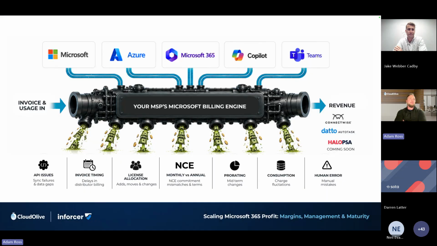So the engine itself: at the top, you've got the various different services, and of course AI Copilot being on everybody's mind in some capacity. Everyone's using it. And then down the bottom is the stuff that can go wrong, the things that can creep in that make it difficult. We've been taking vendor invoices for 6.5 years and recognizing where there are inaccuracies to the PSA.